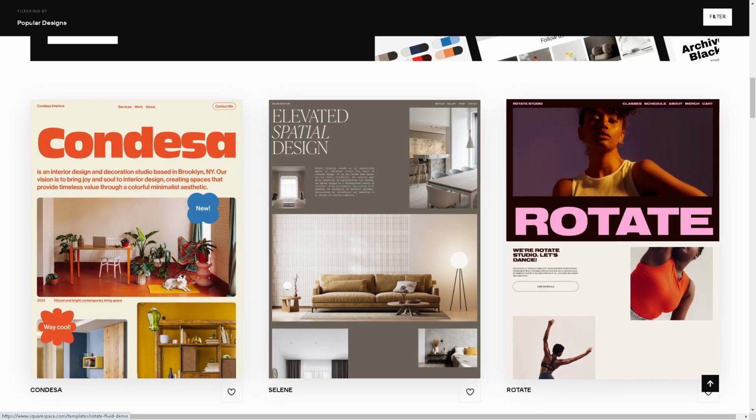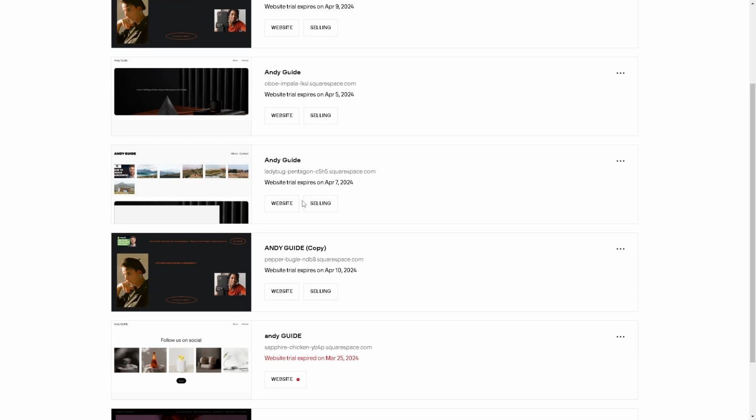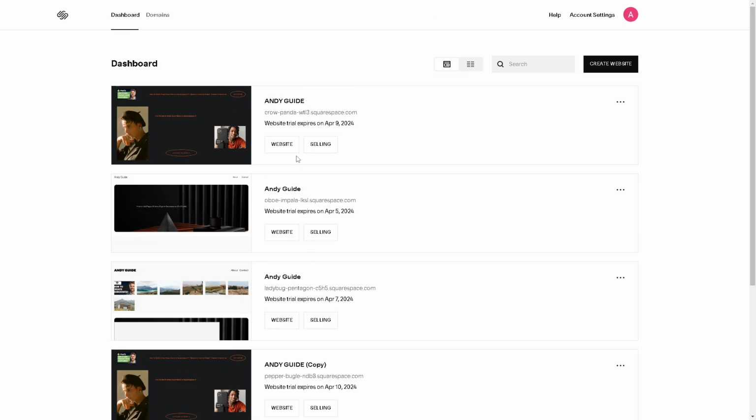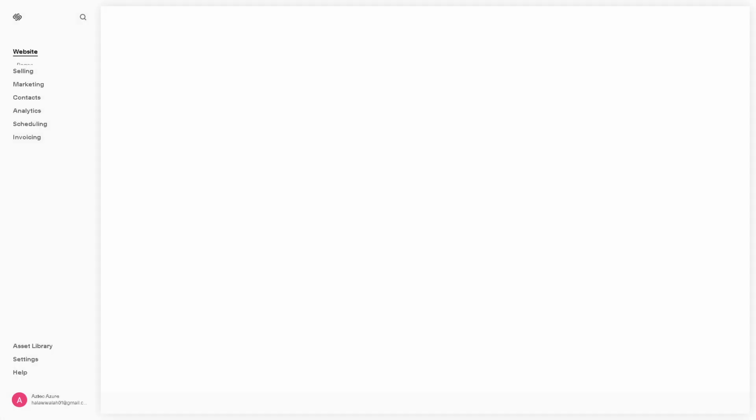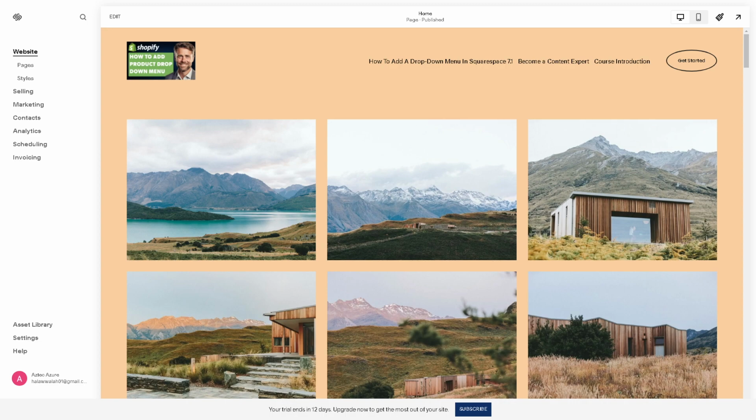Now, for us to be able to do that, we need first to go to our dashboard. And once you are here, you need to choose the website that you are going to work with, or just select the built-in domains that you wanted. Say, for example, we're going to be using this one. Click on the option for website, and then let's hover to the edit section. As you can see, that's going to be the edit section. Now, when you click on it,